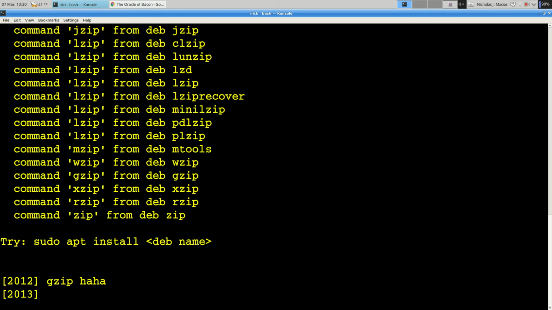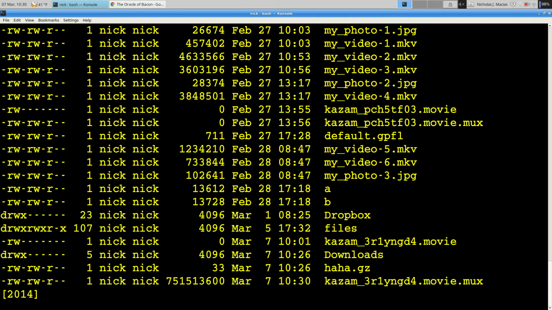And so that's gzip. Haha. So haha went from 8 bytes to 33 bytes. Not a very good compression scheme, right? Because we can't just make things smaller, right? We got to somehow let the system know that what it's looking at has some sort of coding associated with it. But if I take something large,